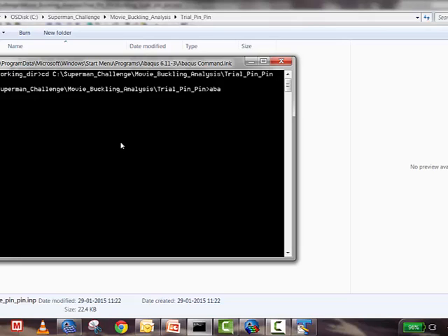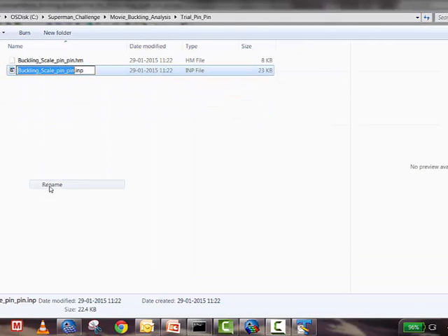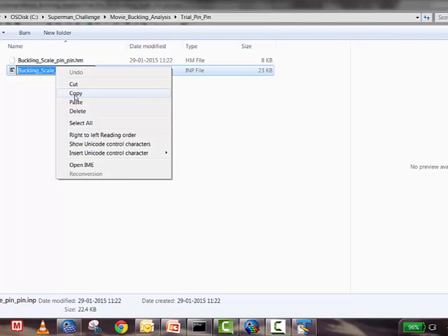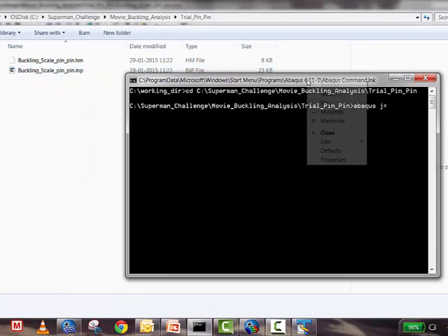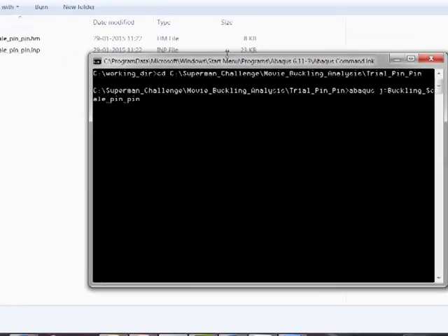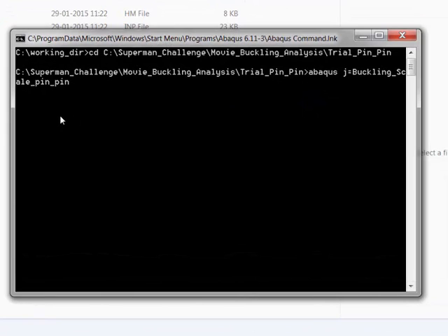So for running, I'll say Abaqus j equals, j is nothing but a job, equals, and you just copy the name without extension. So I'm just going to write the name buckling_scale_pin, no extension, and then you say int, which is interactive mode. So I'll just click on interactive mode,